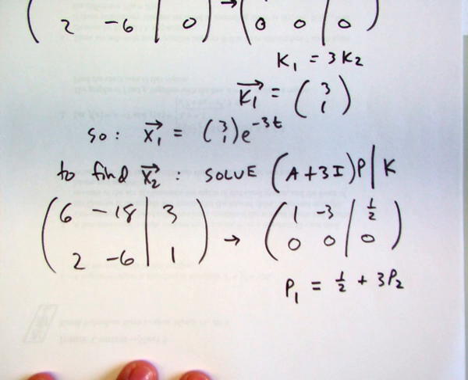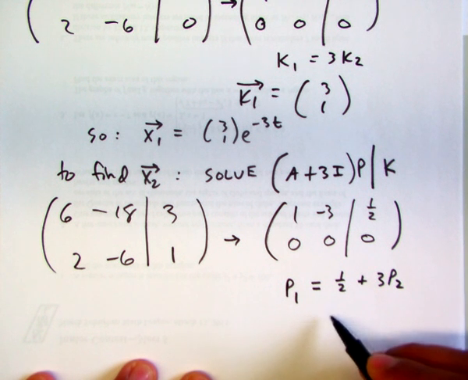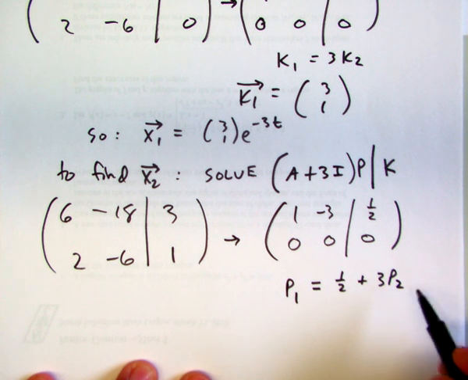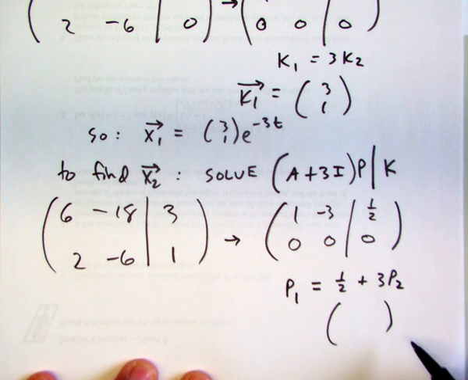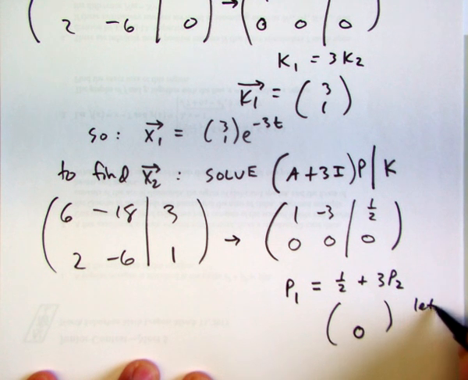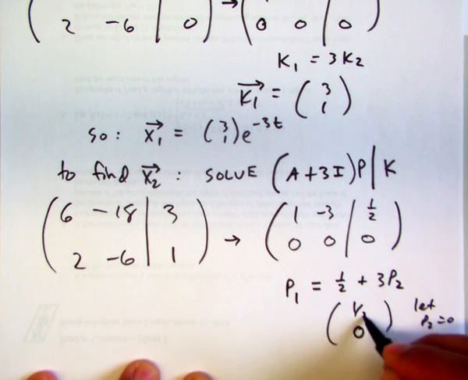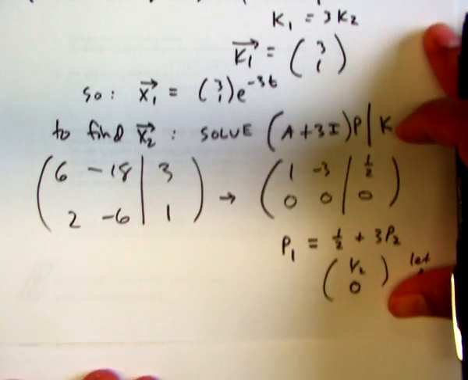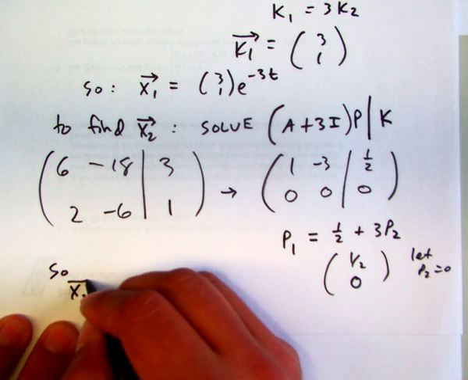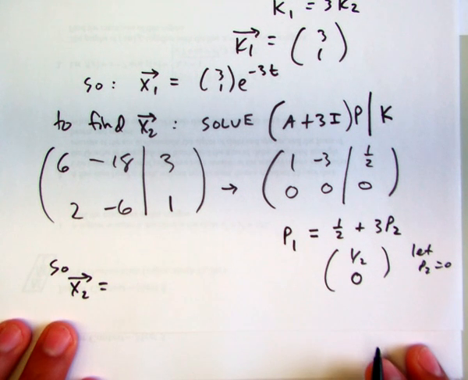So this eigenvector is going to be, let's say, let's make P2 0. That's probably the easiest. So if we let P2 be 0, then I just get 1/2 for P1. Okay, so then x2 is going to be